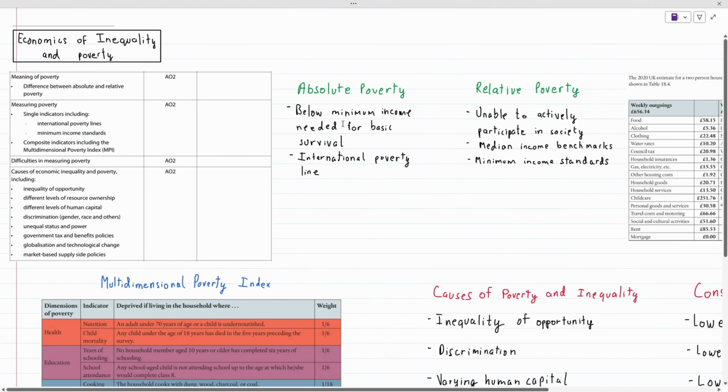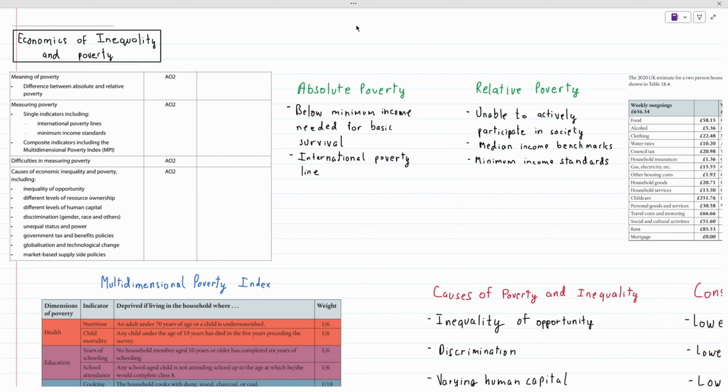Okay, so today we're going to be continuing further into the chapter of the economics of inequality and poverty. Last time we left off we were covering the Lorenz curve and its construction. Today we're going to dive a little deeper into poverty, what it means exactly, how we're going to measure it, some difficulties in measuring it, as well as the causes and consequences of both these aspects, economic inequality and